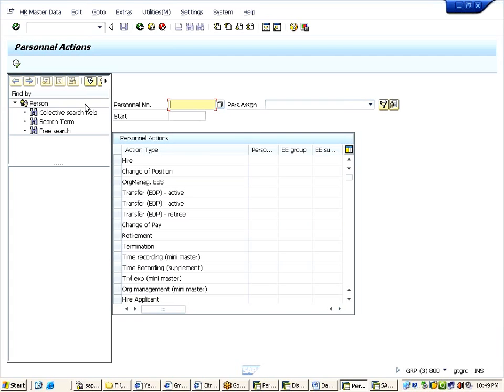For hiring, five info types to be maintained.